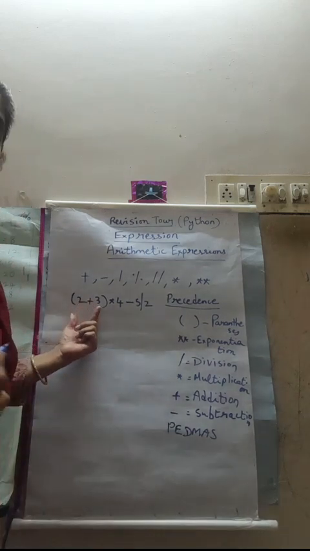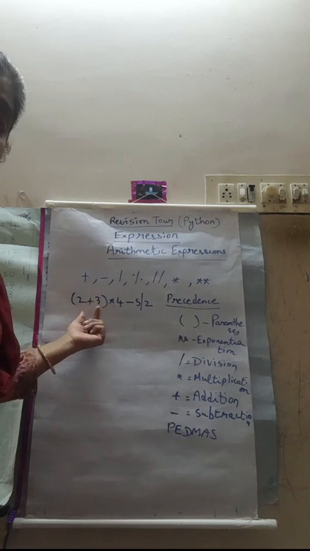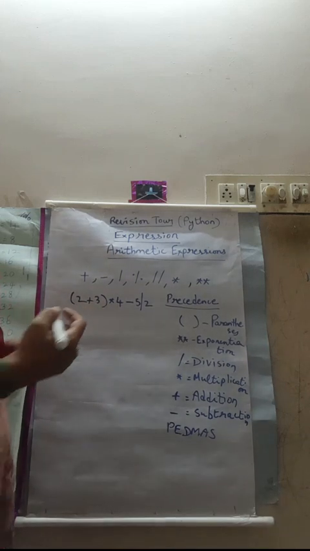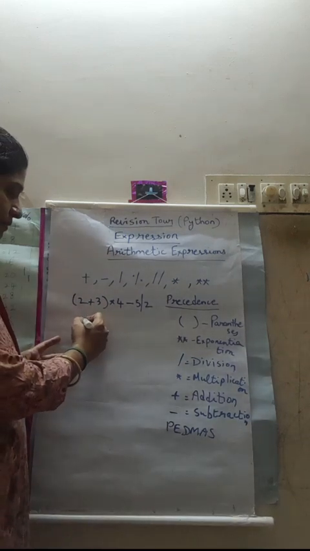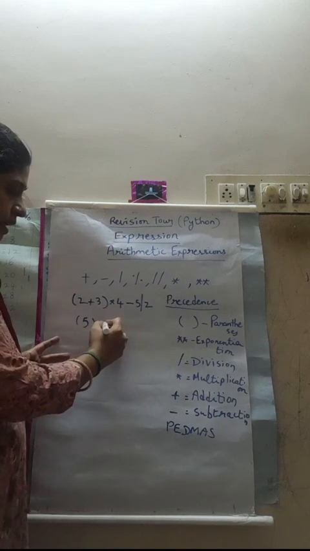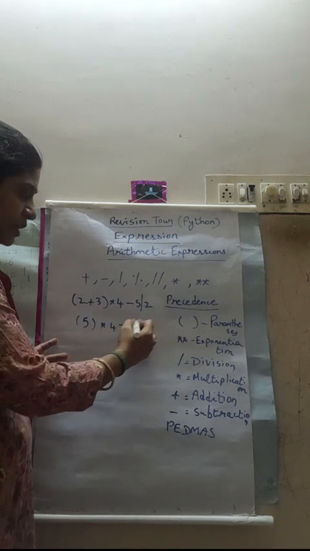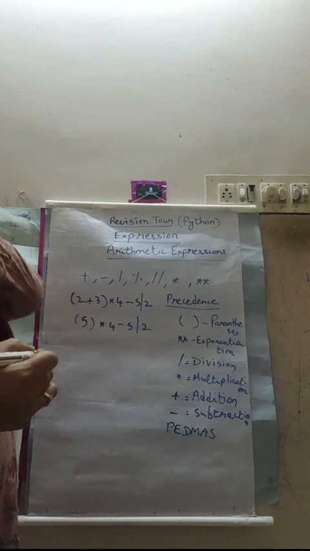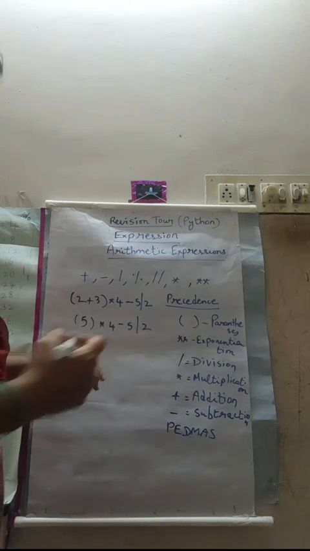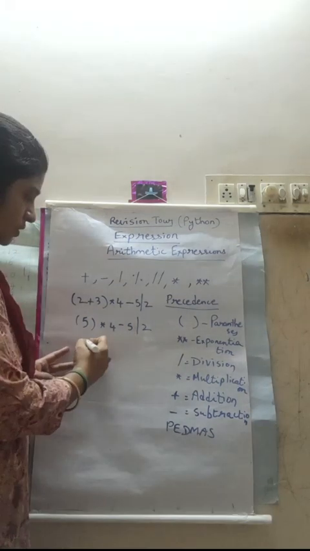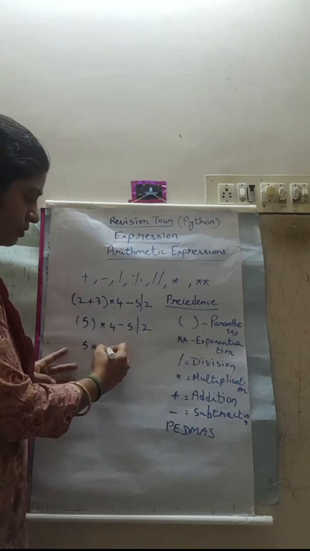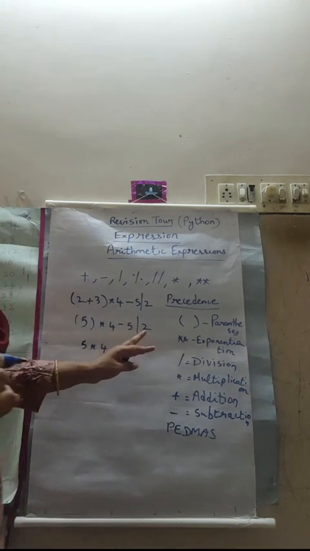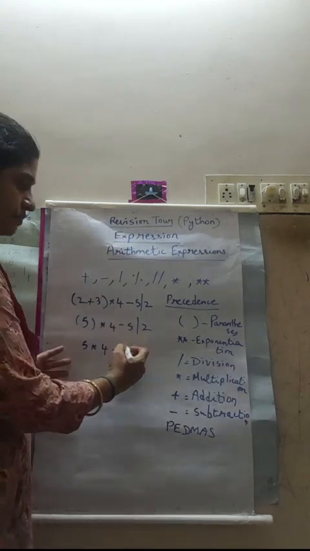The very first thing is it will evaluate the sub expression which is in parenthesis. So this will be 5 into 4 minus 5 by 2 in the first step, and then it will evaluate the sub expression having division. So this will be 5 into 4 minus 2.5,